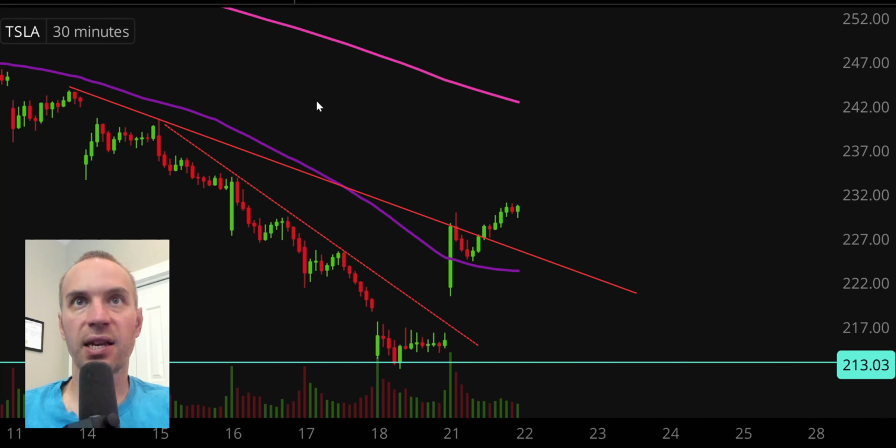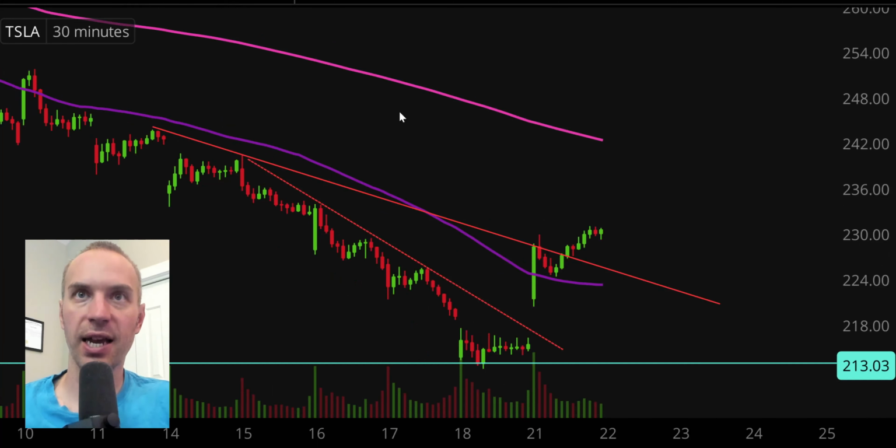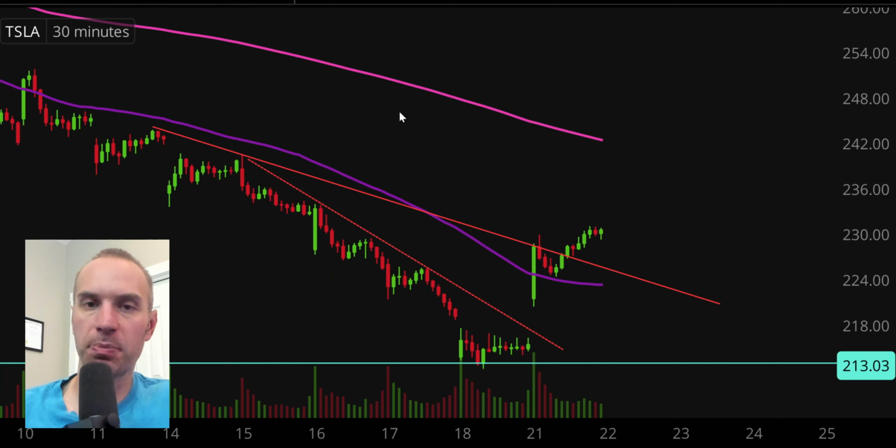Next one here, TSLA Tesla. Very, very good day today. I think it was AMC that said it was a very bad day, not because the price was down, but just because of all the technical levels. Same thing is true for Tesla. A very good day, not necessarily because it was a big green day, but because of all the lines that